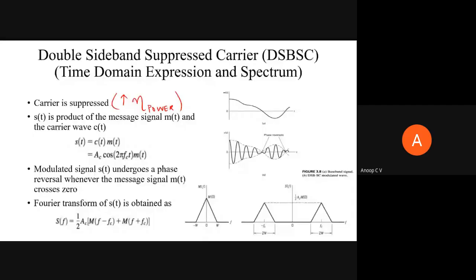So can you please tell me now what is the Fourier transform of m of t times e power j 2 pi fct by frequency shifting property? We have already discussed that in the initial class, right? We have just seen cos 2 pi fct can be written as e power j 2 pi fct plus e power minus j 2 pi fct divided by 2. So Ac by 2 times, we have a term m of t times e power j 2 pi fct. What is the Fourier transform of that?